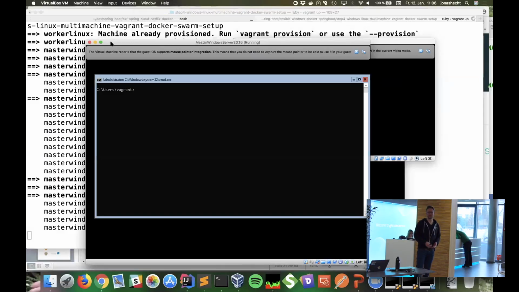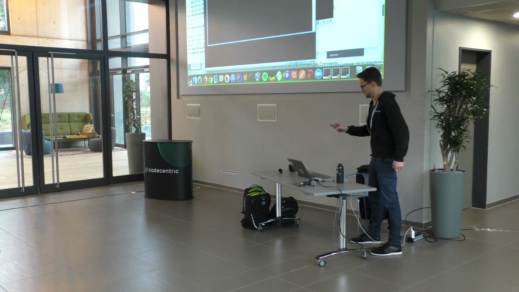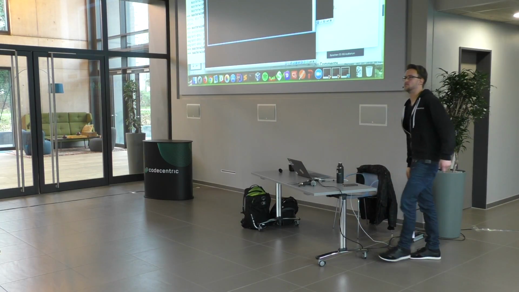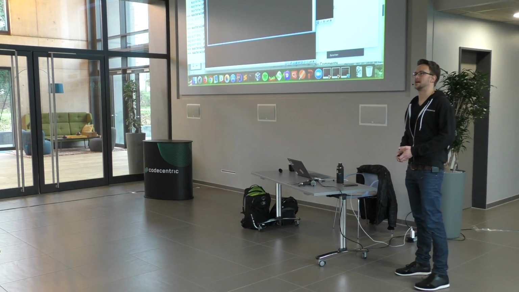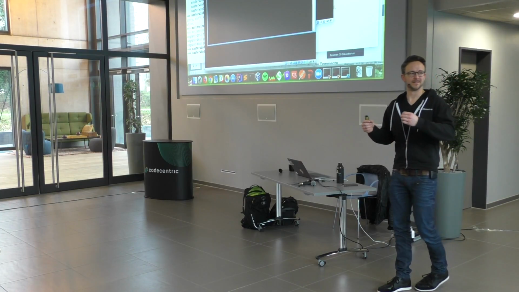As they're starting, I can give you a hint about this stuff. If you really want to start now with Docker Swarm and Windows, or the other way around, don't start with Kubernetes now. Please wait a few months and then start. Just start with Docker Swarm now.